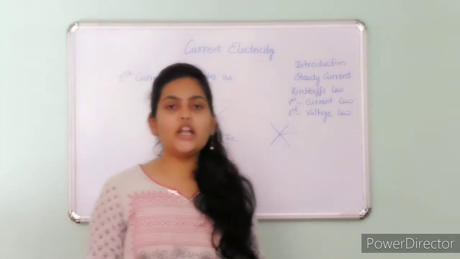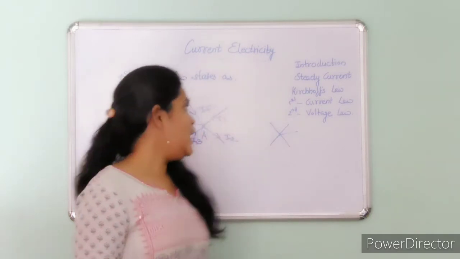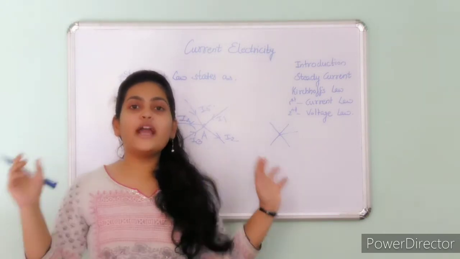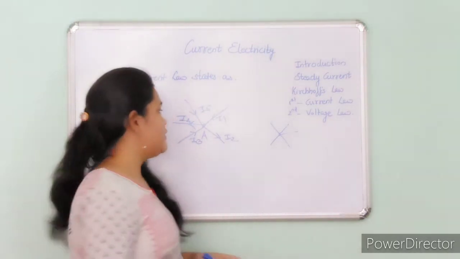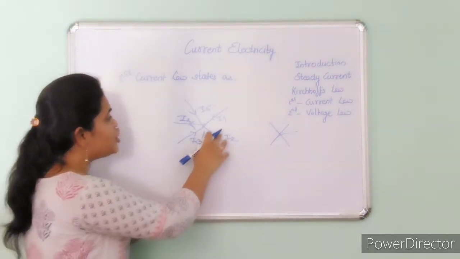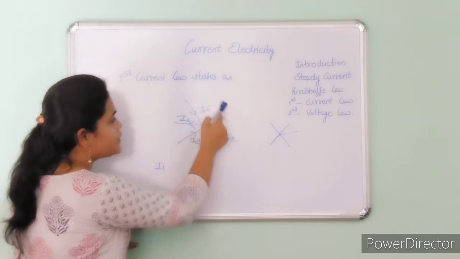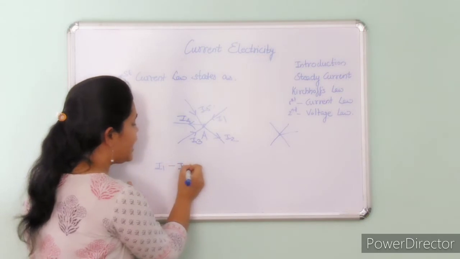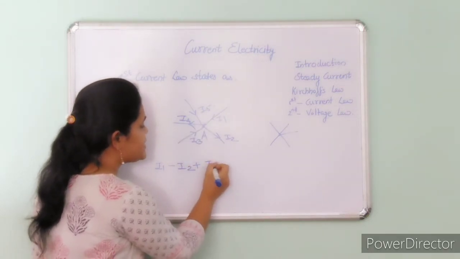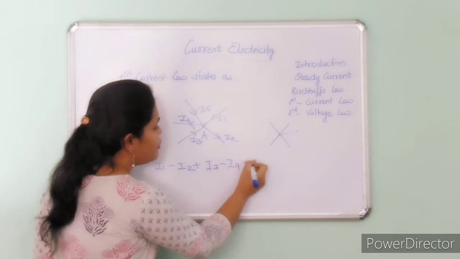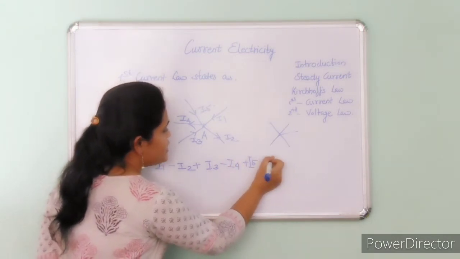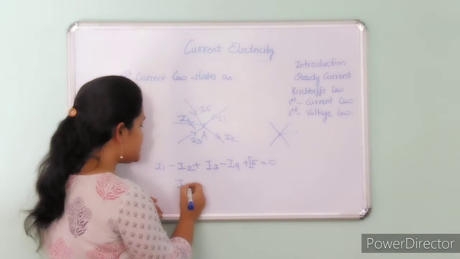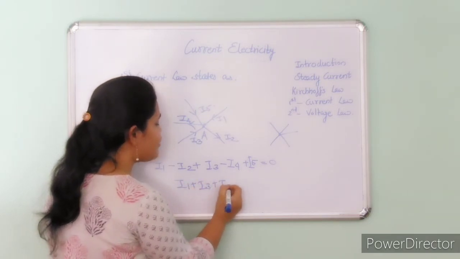As per the current law, the sign convention is that the current coming towards the junction is considered positive and the current flowing away from the junction is considered negative. So the algebraic expression would be: I1 is coming towards, so positive; it is flowing away, so minus I2; flowing towards, so plus I3 minus I4 plus I5 is equal to 0. If we simplify this, it gives I1 plus I3 plus I5 is equal